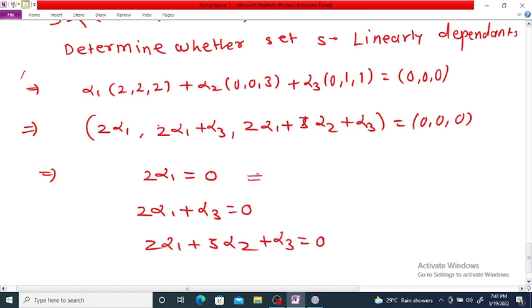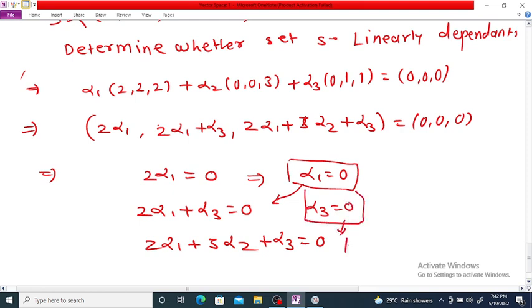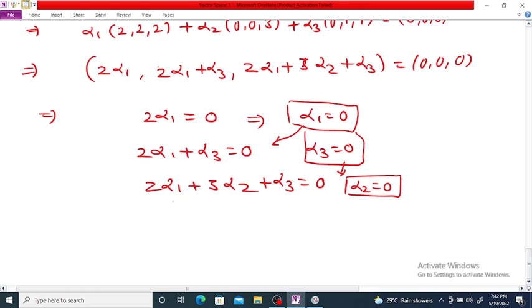From the first equation we get alpha 1 is equal to 0. If we substitute this value here, we get alpha 3 is equal to 0, and substituting these values here, we get alpha 2 is equal to 0, and therefore all alpha 1, alpha 2, alpha 3 equal to 0, and therefore the set S is